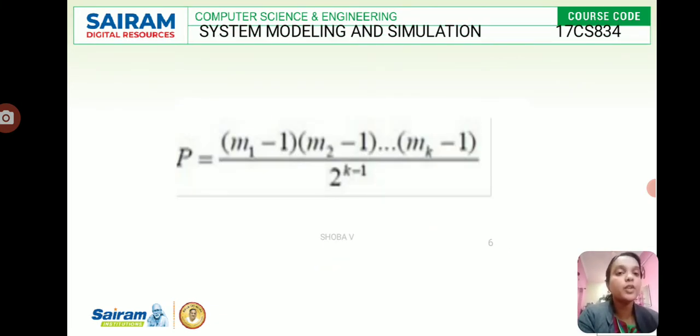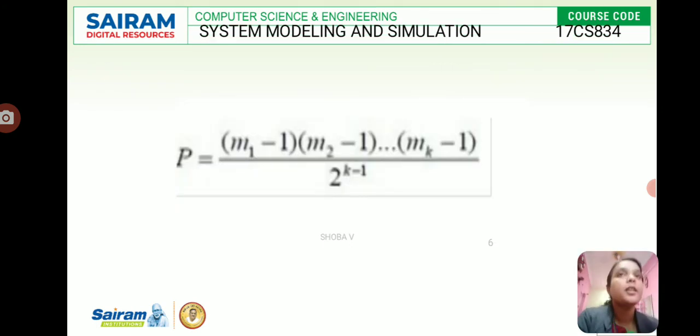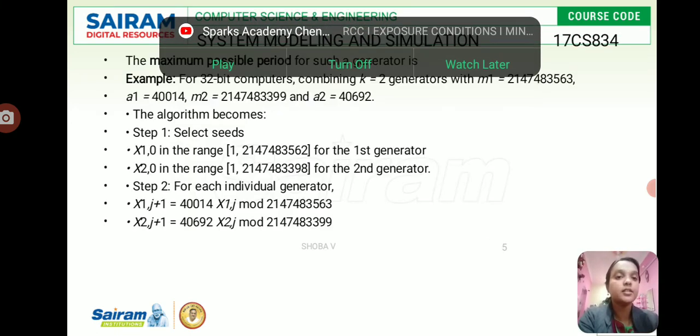This is the formula: P is equal to (m1 minus 1)(m2 minus 1)...(mk minus 1) divided by 2 power k minus 1. This is the period actually achieved by the generator. We can apply this in the example. This is how simulation of complex computer networks works, with thousands of users executing hundreds of programs, and an area of current research is the design of generators with this substantially fruitful approach. P is equal to (m1 minus 1)(m2 minus 1)...(mk minus 1) divided by 2 power k minus 1. This formula we can use here.